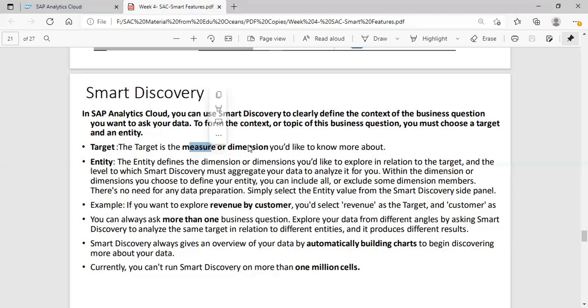In the smart discovery, it is a combination of a key influencer, target, and contributors. So basically, it is a relation between all these three, and only then will our smart discovery visualize the data automatically. If we define our key influencers, targets, entity or contributors properly, you will get your simulation and your unexpected values for any particular measure. You will see all the combinations together in a single page in minimum time. And if you create a good relationship between entity and targets, you will get a better result.